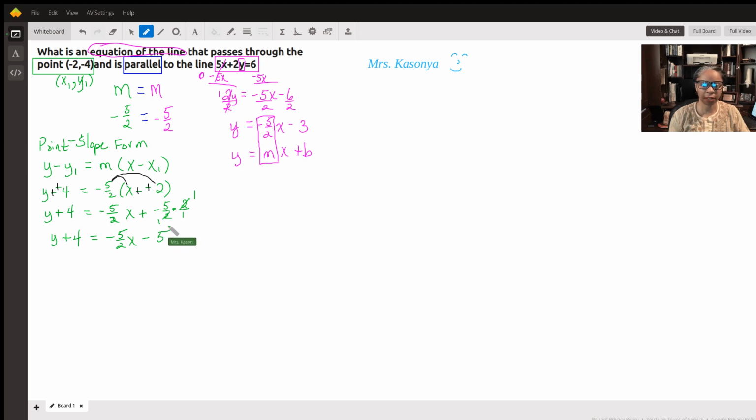Continuing on, we are going to just clean this up a little bit, subtract 4 from both sides of the equation, and just move over here. We've got y on the left-hand side, because the 4's add to 0, equal to our right-hand side of negative 5 halves x, because there's not another x term to add with it, but the negative 4 and the negative 5 add together to give us a negative 9. There is our equation of the line that passes through the